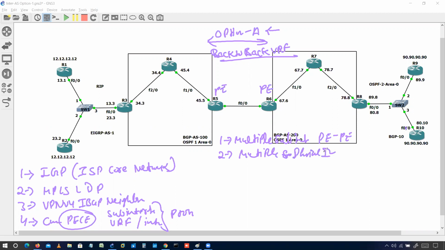So one option is a physical interface. Let's say we have two different customers, customer one and customer two. We can have two different physical interfaces, or we can have two subinterfaces over a single link, that is F0/0.